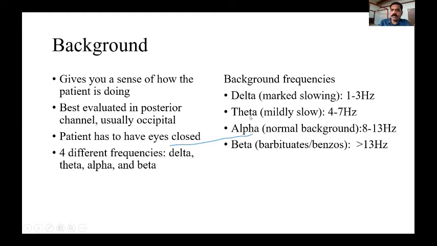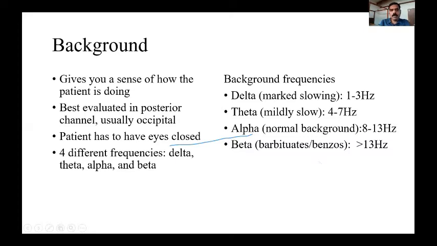In children beyond 3 to 4 years of age, the background activity usually contains the alpha, that is 8 to 13 Hertz. If you have a child beyond 4 years of age but has got a background activity of 4 to 7 Hertz or 1 to 3 Hertz, and if he is awake, then it becomes abnormal. Sometimes when we use sedatives like benzodiazepines to sedate the baby for EEG, we get excess of beta activity. When the child is awake with eyes open also, we get more of beta activity.